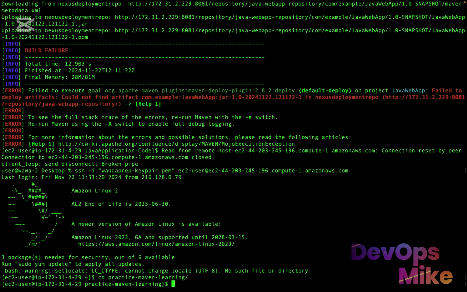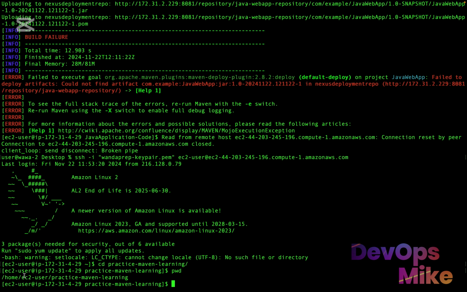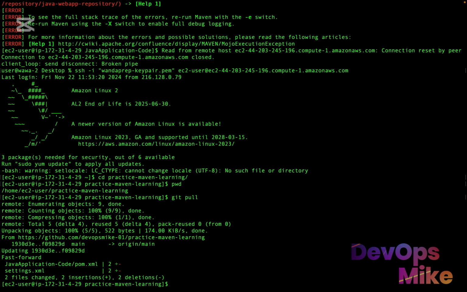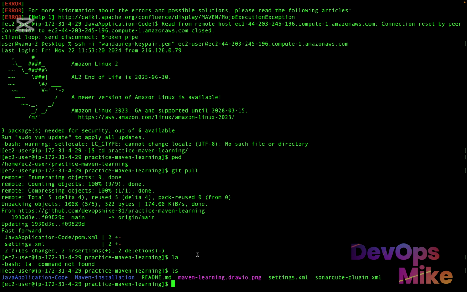If you do pwd, you will see you're currently in the home EC2 user practice Maven learning. Once you're in the practice Maven learning, you now do a git pull for us to get the new configuration changes. If you do a git pull, you'll see 2 files changed, 2 insertions and 2 deletions. Once you have these configurations, we now need to move this settings.xml file